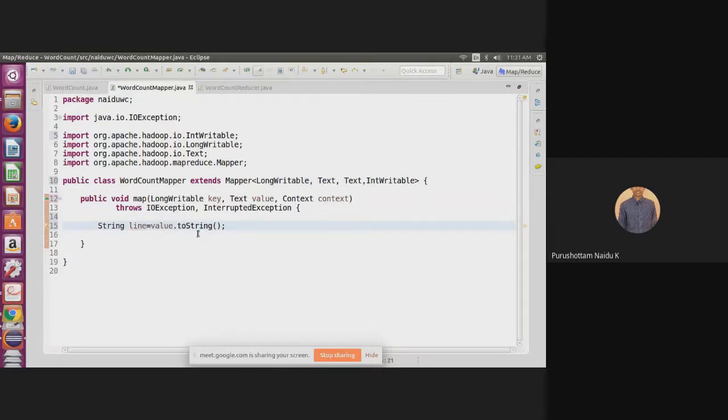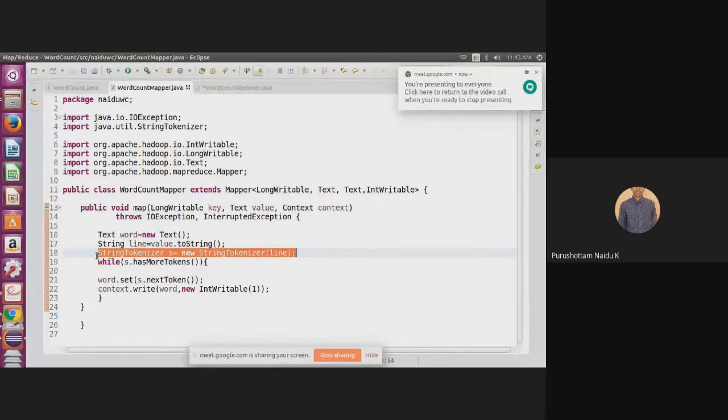Now what does the line contain? The line contains each and every line of the text file. Clear? But when the input comes to the mapper, what does the value contain? It is a line of which type? Text type. But which type do we require? String type. Why? Because we convert that line into the string type, which is used to split the line into a number of tokens.